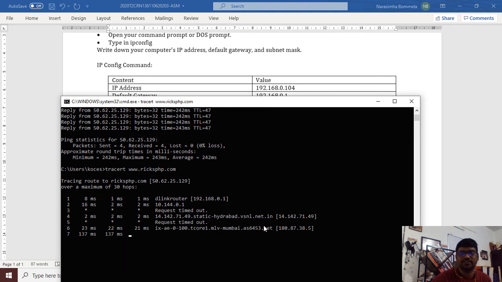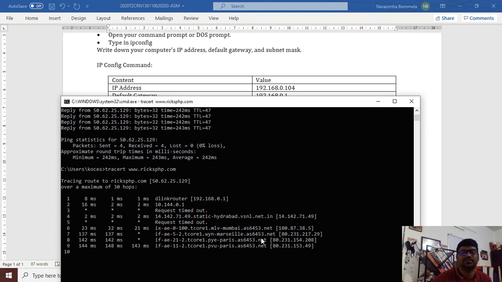They get internet from Mumbai. From there the connection is sent to Marseille, which is a network somewhere. Then it is Paris.net, another service provider in the target country, I guess. From there it went to 80.230.153.66. So these are the many routes between us and the RIX PHP IP address.